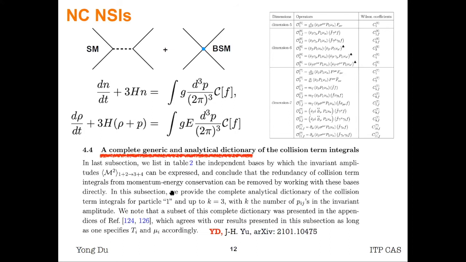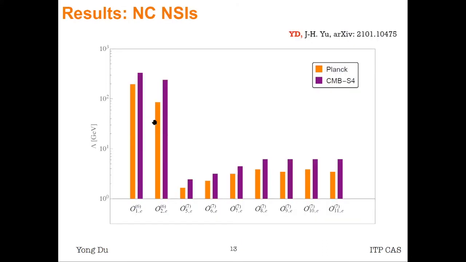But don't worry, in our recent paper, we have provided you a complete generic and analytical dictionary for these collision term integrals. By collision term integrals, I mean the 12-fold integral for the collision term on the right-hand side of the Boltzmann equation. So using our dictionary, these Boltzmann equations become trivially solvable. So now applying corrections from those